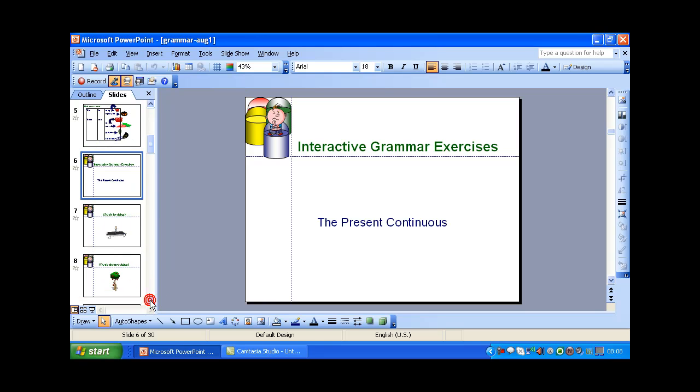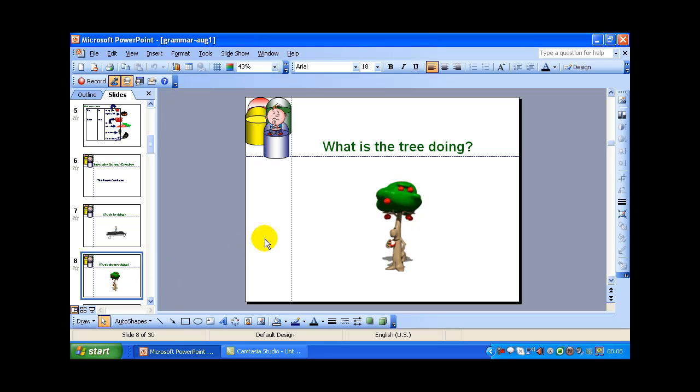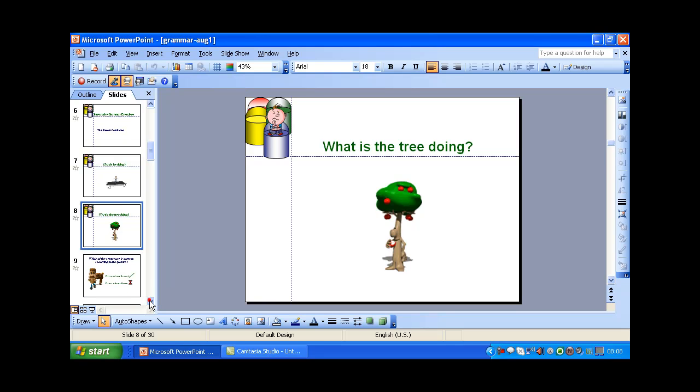In the next one, I am using animated clip arts. Such clip arts are available on the internet, and in factory.com has many free clip arts. You can find unusual clip arts too, like this one, the tree eating its own mango. You will not see the animation here, but when we go to the slideshow, you will be able to see the animation.